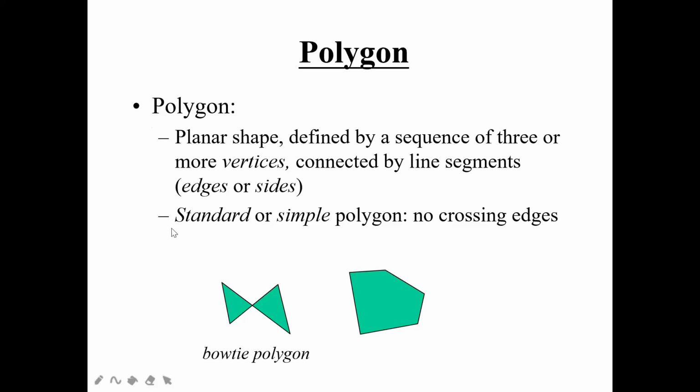Okay. Second point will be the polygon. You can say that there will be a standard polygon, or you can say that there will be a simple polygon. But there will be no crossing edge. That you have to remember. There will be no crossing edge. If you have a crossing edge, then that is a different polygon. Okay. So in my standard and simple polygon, there will be no crossing edge. So this is an important point which you are going to remember, because this one can come for your Viva question. Okay. Moving towards your next slide.